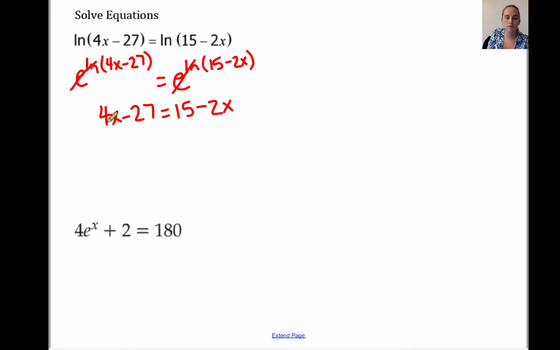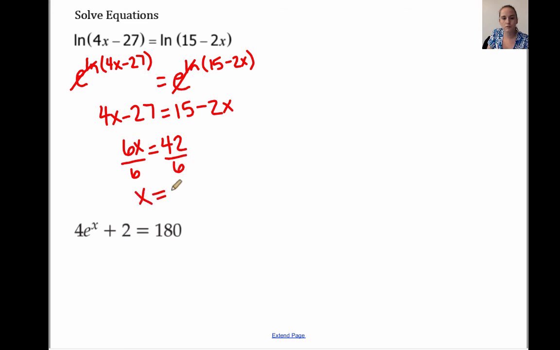I'll move my 2x to this side. If I add 2x, I'll get 6x. I'm going to add 27 here, so I'll get 42. And then if I divide by 6,